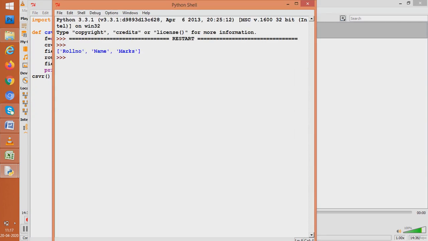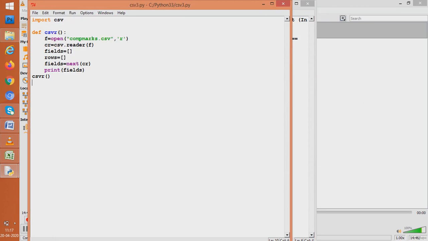So what is left? We have taken the header in. Then we are left with the data rows. Now how will we take the data rows? We have kept a list called rows. In this rows list, I want to keep all the data as row elements, that is, the records as row elements.